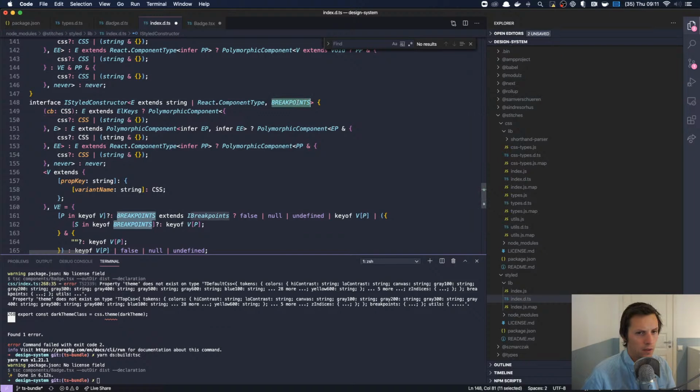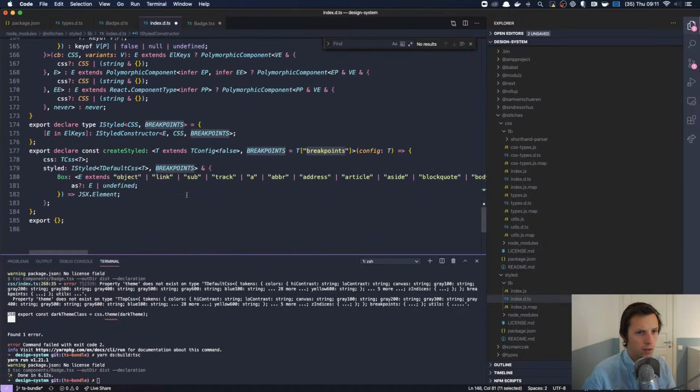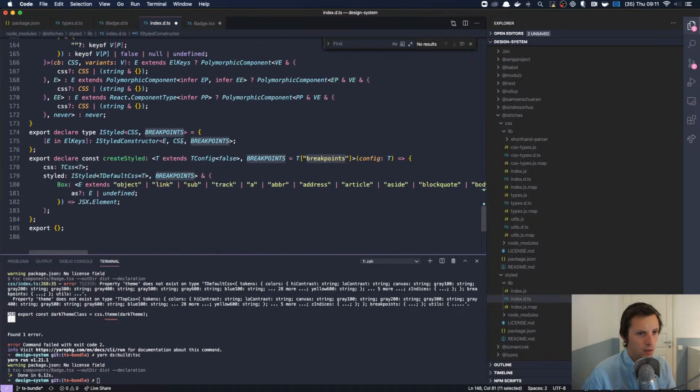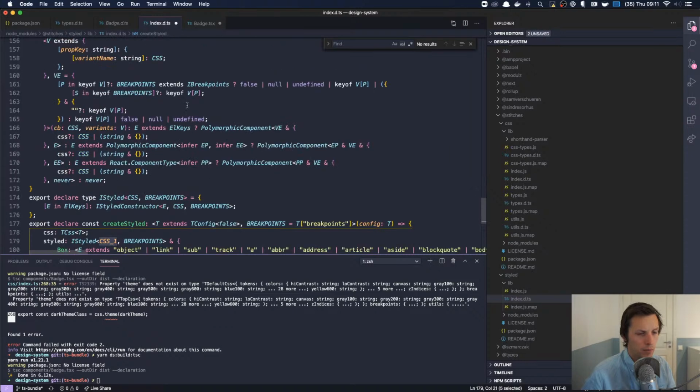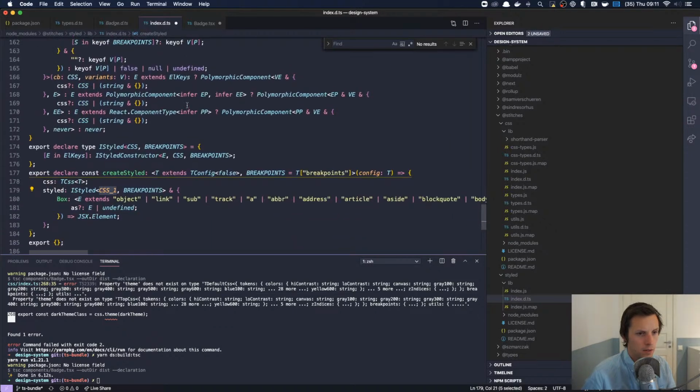What the hell? And here we have the breakpoints. Oh, but we do need a, oh god damn it. Okay, let's keep CSS. No, let's pass in the config here instead. I styled. We don't need these breakpoints. I was thinking it was better to move the typing up.